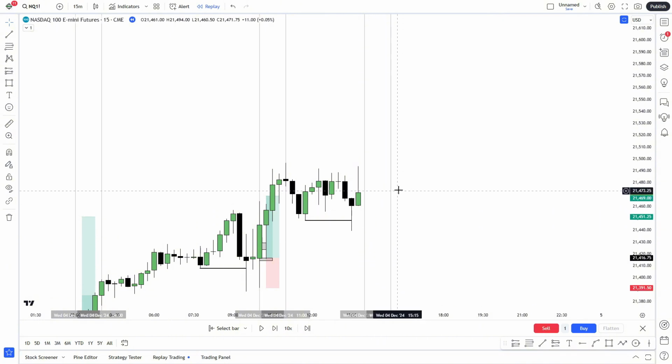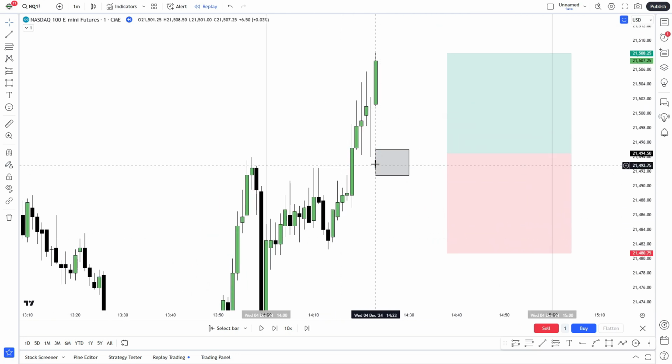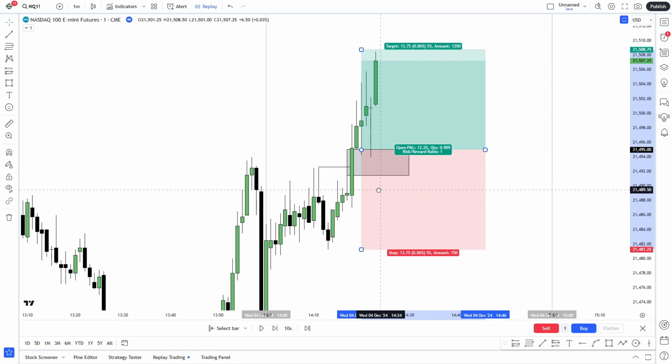So now going into the 1 minute chart again. Okay, so we get our displacement right here, our market structure shift right above this swing high right here. So marking out our fair value gap, this will be our PM session silver bullet. So entering on a retest of this fair value gap right here. So on this candlestick here would have been your entry, or if you missed it, this one here, you could have been lucky and got a fill right there.